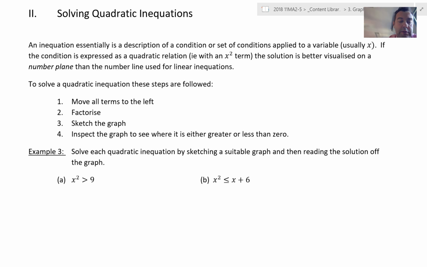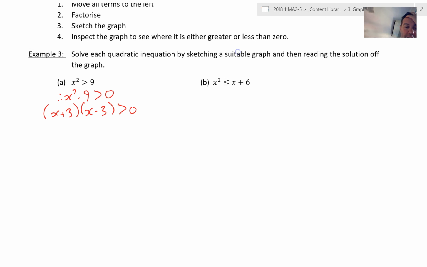What I need to do, remember, I want to move everything to the left. So, x squared minus 9 is strictly greater than 0. Now I can factorize that, and that's x plus 3, x minus 3 is greater than 0. Okay. Now, if I were to draw a sketch of that,